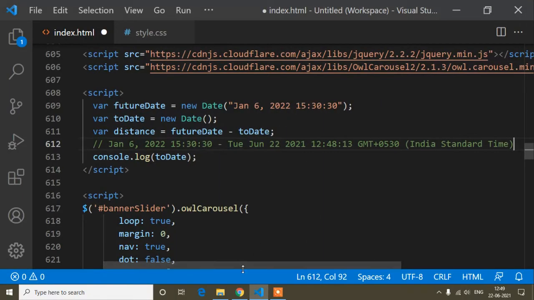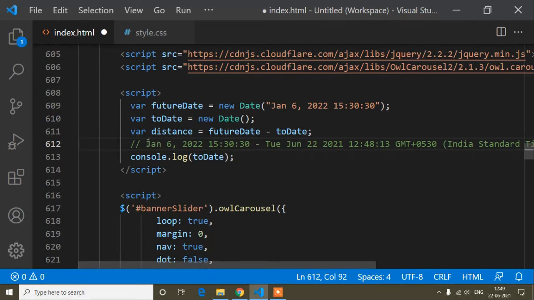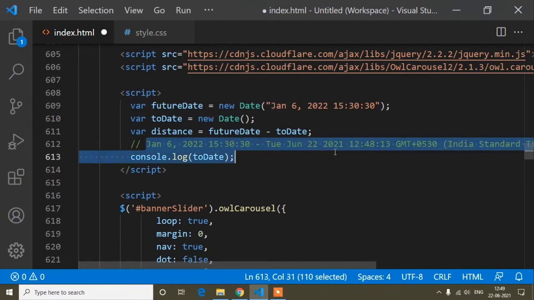So guys, just think, is it possible to subtract this from this value? I mean these are string values. Minus, add, multiply, we always do with a number, but here you can see this is a string, Tuesday, January. So is it possible to write a minus? That time it will not work.